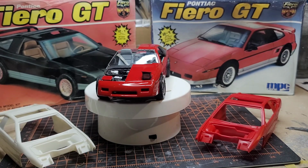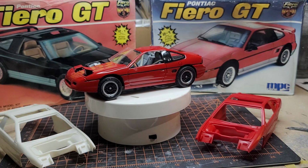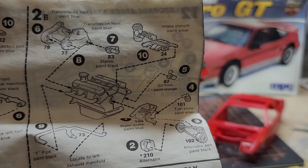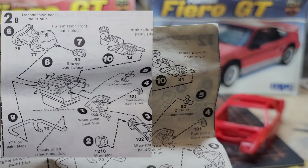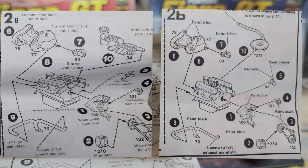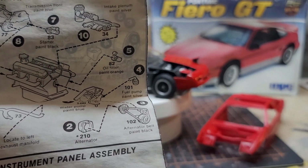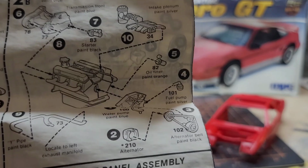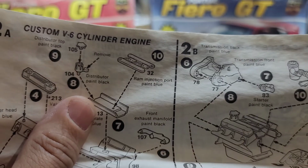Apart from the V6 engine finally having the correct intake, as it was something that the model corrected, as you see here on the instructions, we do have the proper two-piece intake, actually it's three-piece intake on the Fiero, that matches what's in the car, as opposed to the carbureted engine that was in the previous versions of this kit. Now they still get quite a few other details wrong here, as they have a mechanical external fuel pump. So what they did was they tooled up for the intake, but they didn't change anything else on the engine. So that's something that is still incorrect on the kit